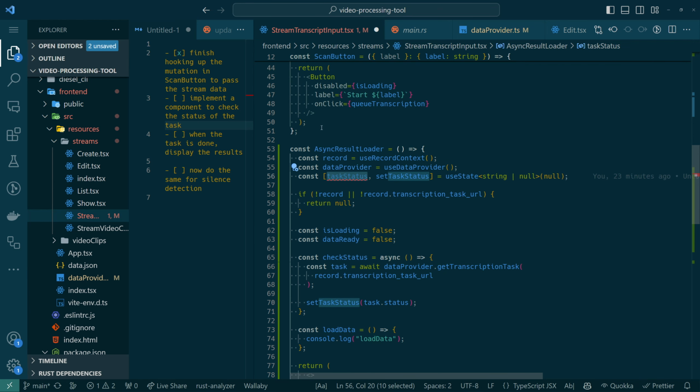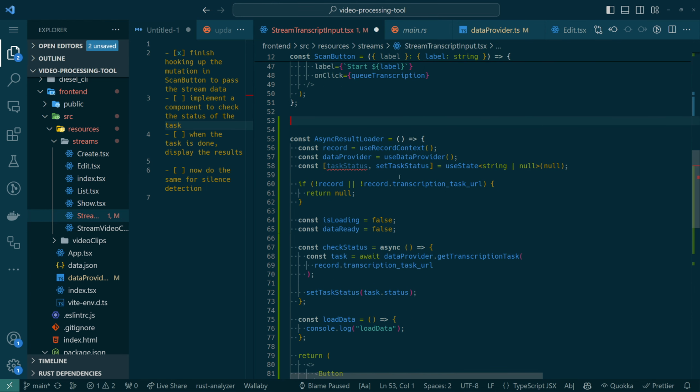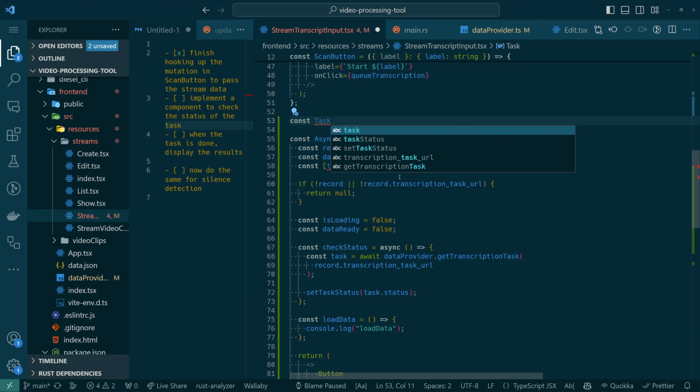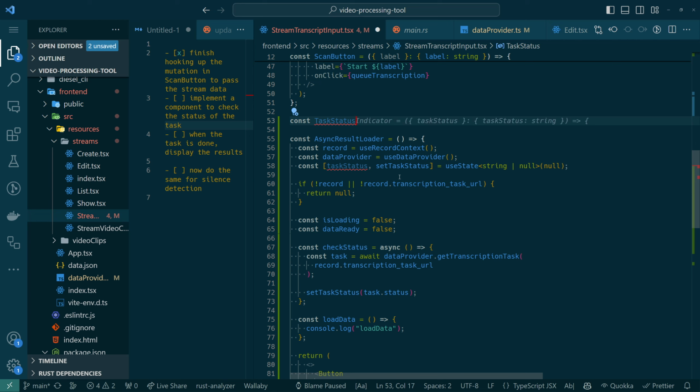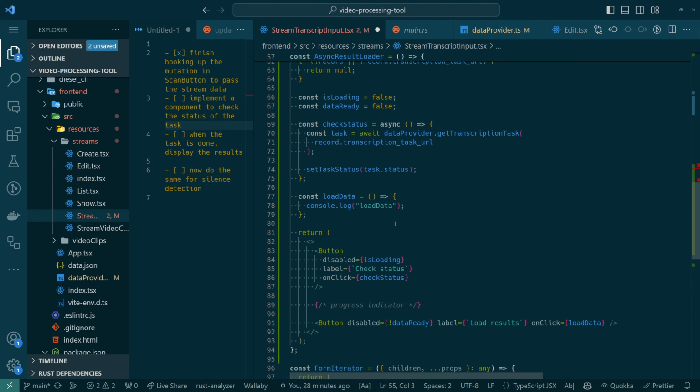Probably the way I would like to do that is to make a component called task status, and this could be useful other places as well. Having a component like this allows us to really customize what's going on with it. For example, if it's in progress, show a little spinning animation and have various styling,